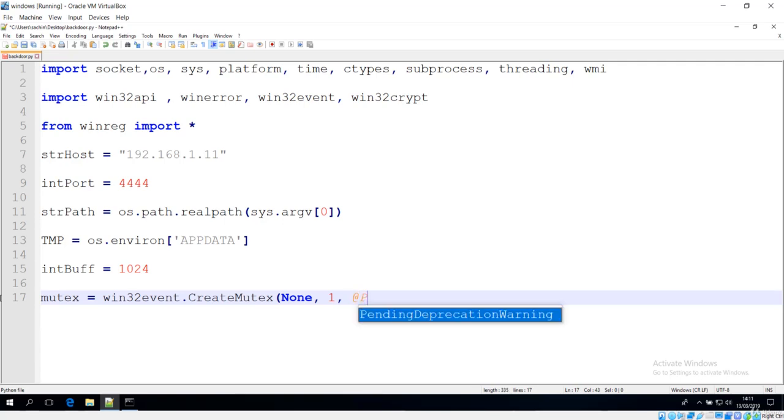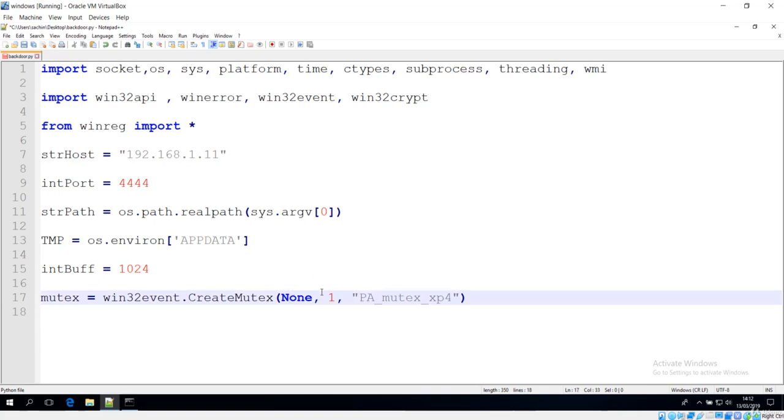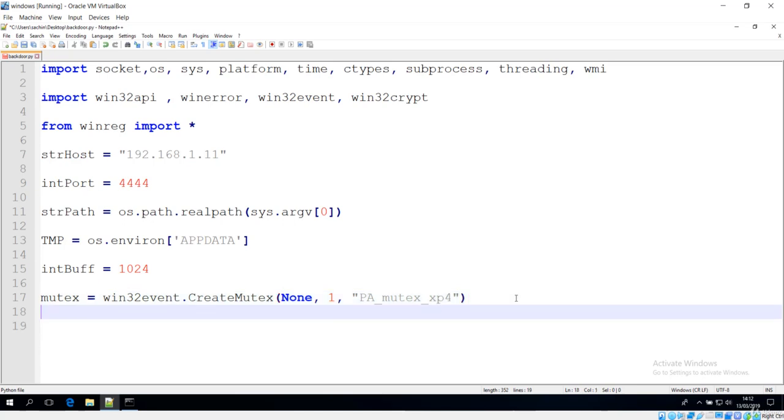So the mutex is PA, give this mutex and XP4. This will be the way to create the mutex. You can check the documentation, there is nothing more to say here. These are simply predefined arguments. Just remember that mutex is going to prevent multiple instances so that a single thread can execute a certain operation.